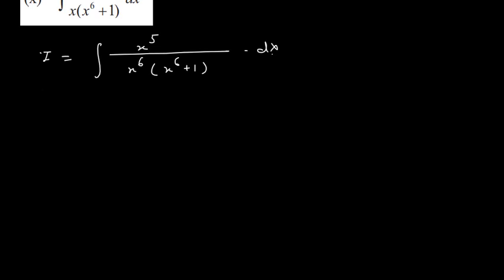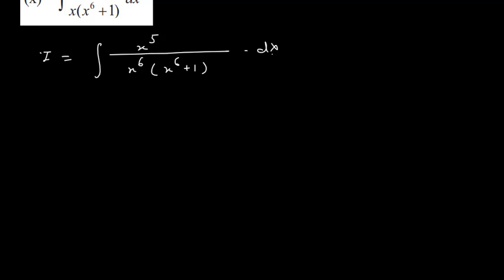Now here if you replace x power 6 plus 1 by t, then its derivative is 6 into x power 5, and in the numerator you are not getting 6 into x power 5. So what do you do? In the denominator here I am getting this x also. So one choice is that I will multiply numerator and denominator by x power 5. So the numerator will become x power 5, and this x multiplied by x power 5, I can say, is x power 6 into (x power 6 plus 1) dx. Now you can easily replace this x power 6 plus 1 with t.